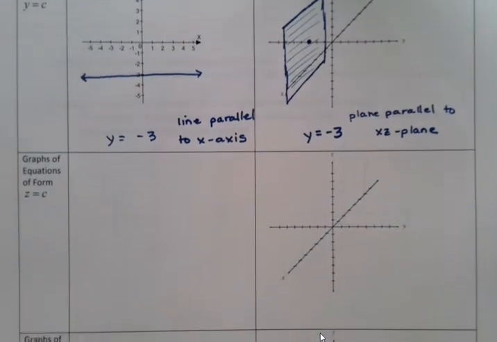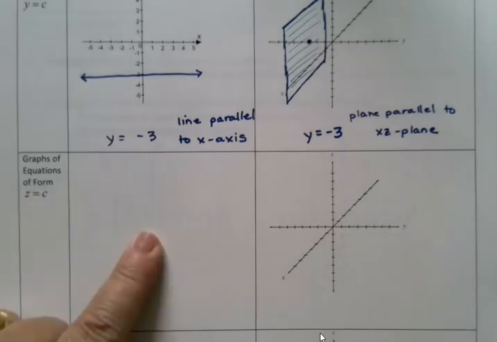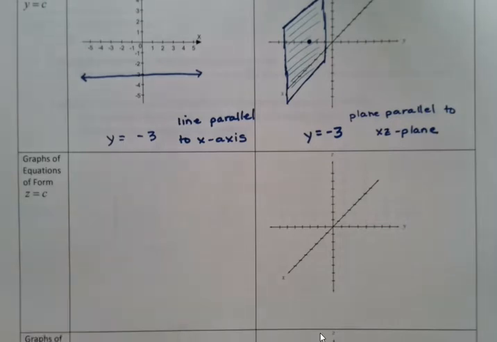All right. I've got one more equation of this form. We've looked at x equals a constant. We've looked at y equals a constant. What about z equals a constant? Z equals a constant doesn't exist in 2 space since there is no z variable in 2 space. But in 3 space, if I were to, let's say, do z equals 5,